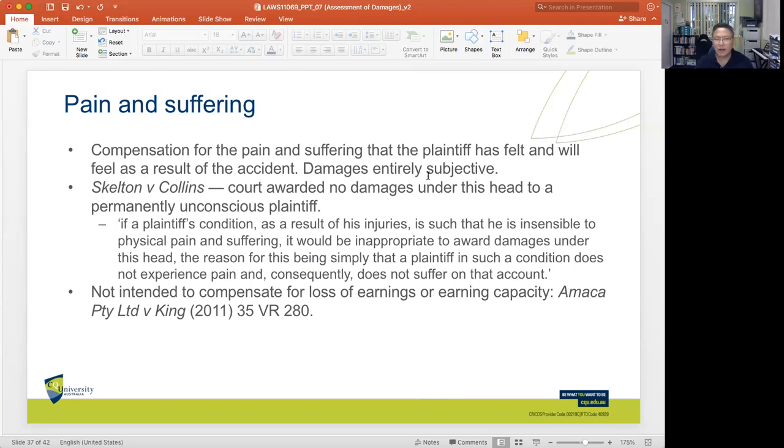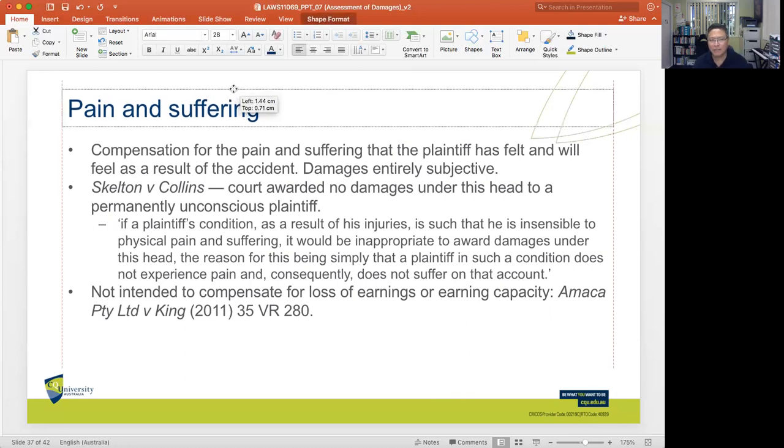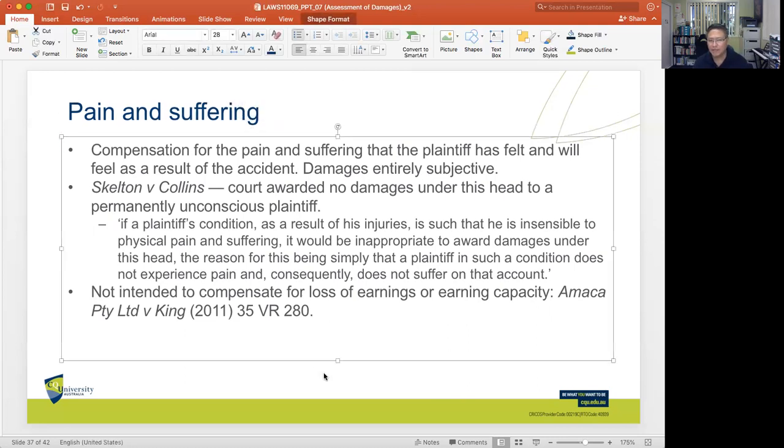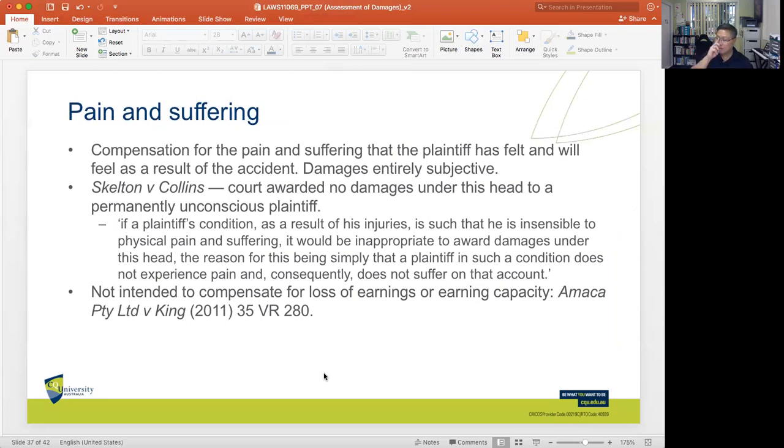What is often difficult here, in the case of loss of amenities, for example, although it's difficult to arrive at a specific mathematical computation as to the amount of loss, because it's subjective, you do get a sense of what it's probably like, right? When you can no longer walk, you can no longer talk, you cannot see, and so on. You get a sense.